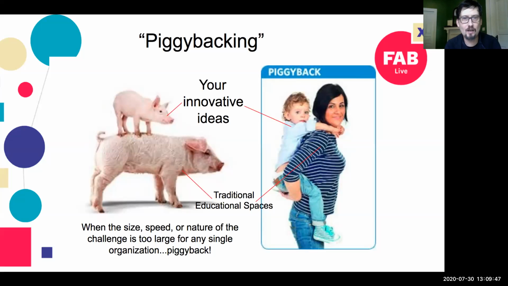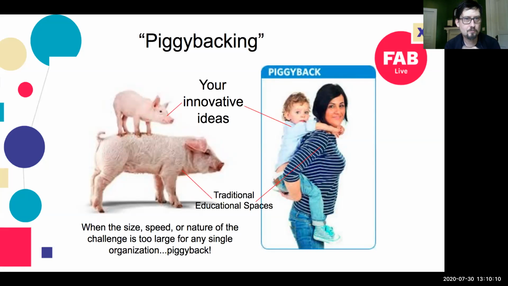But for what we're talking about today, piggybacking means how do smaller Fab Labs and smaller organizations that have a real heart for education expand their impact by partnering with larger, more traditional education institutions?